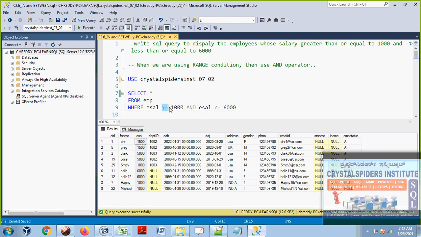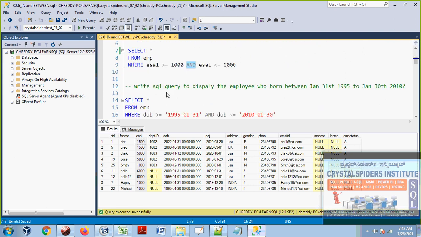So now see this, guys, this is the condition on the salary column, and this is the condition on the same column. Two conditions on the same column, but we use the AND operator. It represents salaries from this value to this value, any one of the values between these two values. That's the meaning of this. That's why we use the AND operator. And when we use the AND operator, that should be between this salary and this salary. Okay, guys, this is called range. When we are using range conditions, we have to use the AND operator only.